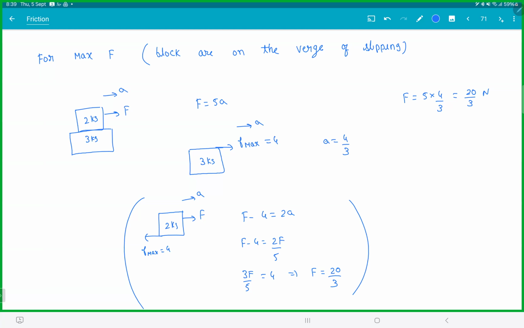Yeah. So that's the last one for the day. So next class when we catch up, we're going to do more of 2 block problems. We'll do 3 block problems. And that's the last part of it. So I think that will wrap up. And friction will be done in the next